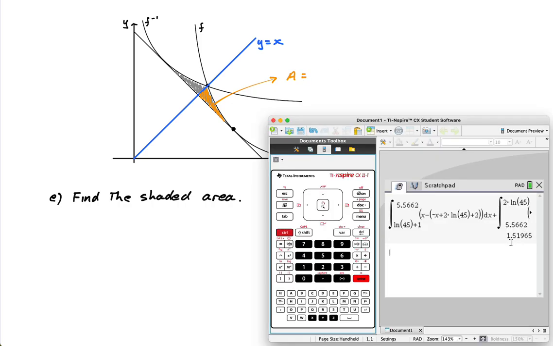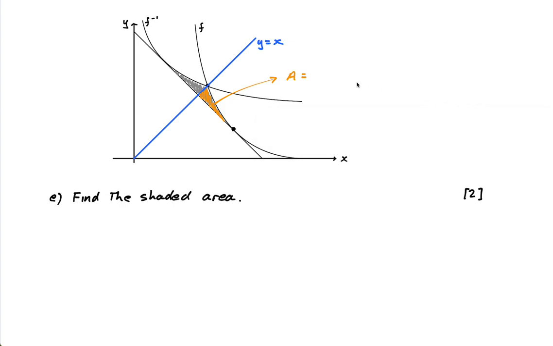It was 1.51965. But because the graph of the inverse function is symmetrical to the graph of the function in the line y equals x, that means that this area here is actually exactly the same, because it's all symmetrical. This area is exactly the same as this area. So the total area, so the shaded area, is just going to be 2 times this,